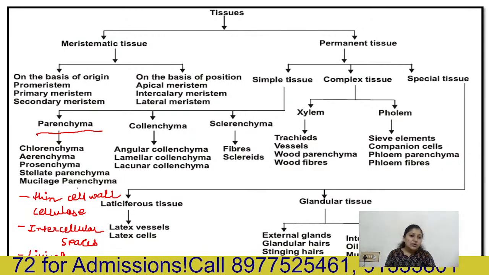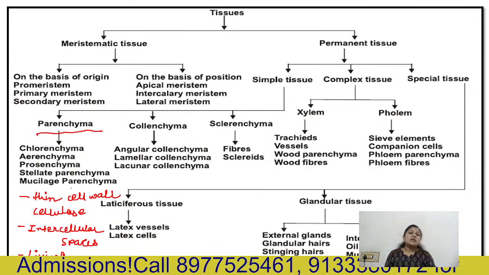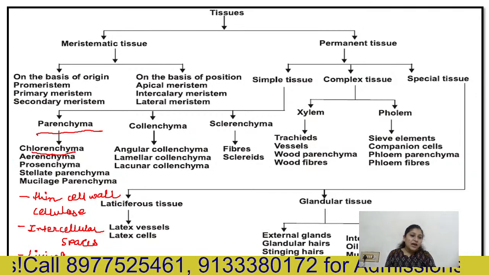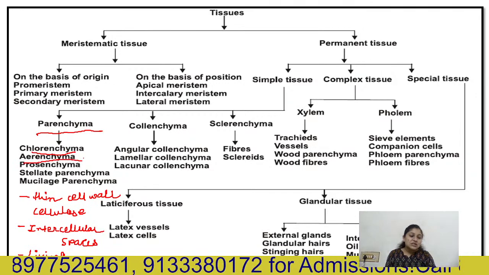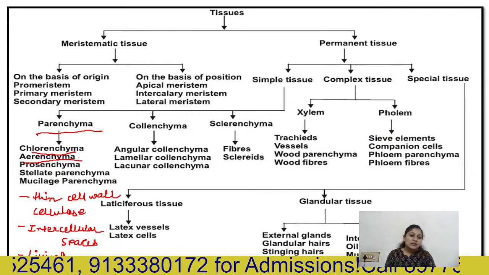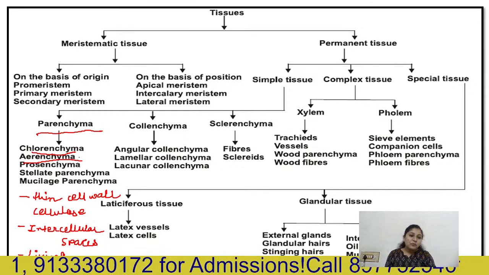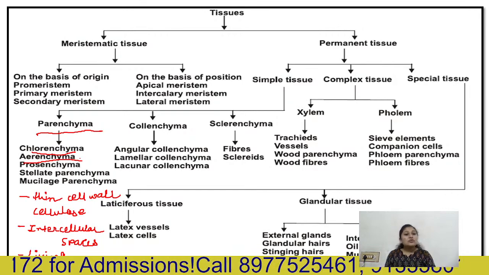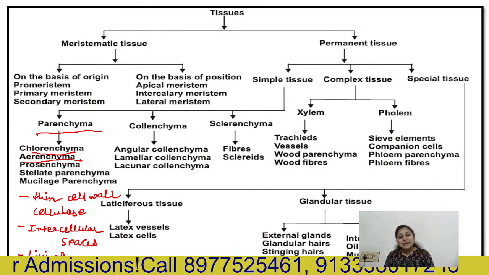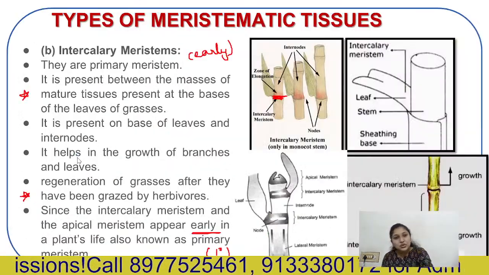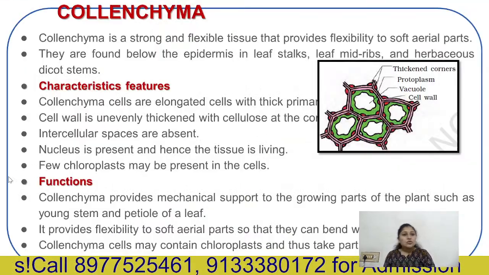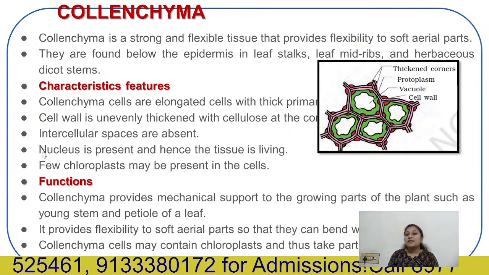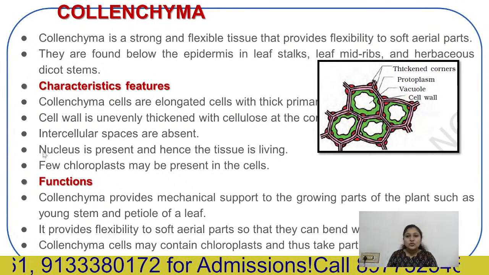If they contain chlorophyll, then they are called chlorenchyma, and if they have more air cavities with stored air, which gives buoyancy to the aerial part of the plant, then it is known as aerenchyma. Next, collenchyma. Collenchyma is a strong flexible tissue that provides flexibility to the soft aerial tissue,